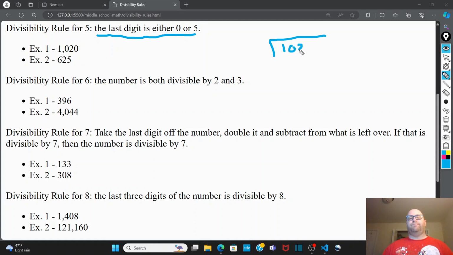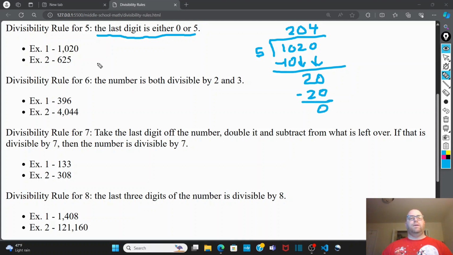So 1020, divide that by 5. 5 doesn't go into 1, but it goes into 10 twice. 10 minus 10 is 0. Bring down the 2. Bring down the 0. 5 goes into 2 0 times. It goes into 20 4 times. So 4 times 5 is 20. 20 minus 20 is 0. So that one checks. Let's do 625